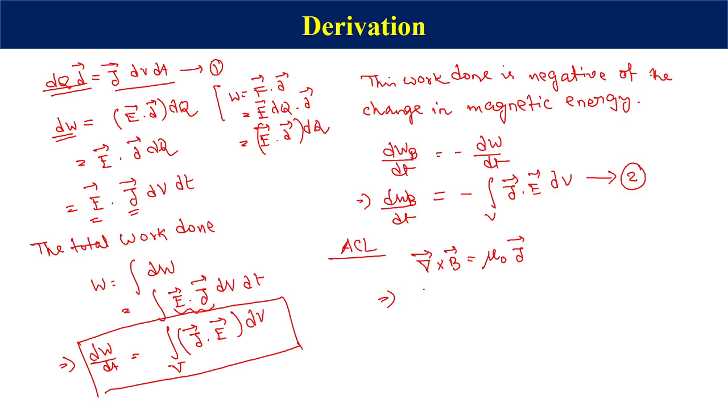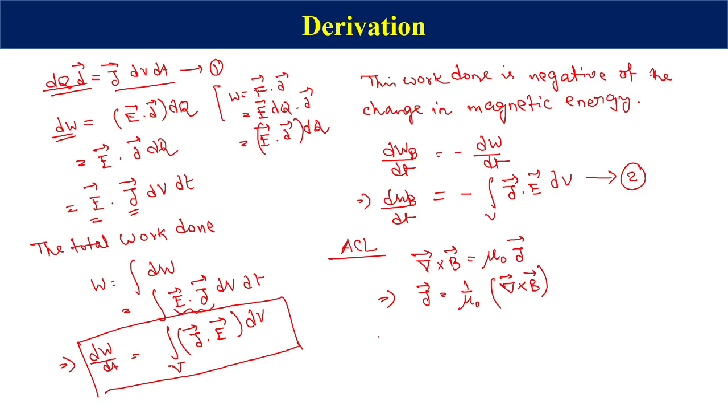So from here I can get the value of J, which is given by 1 upon mu naught into del cross B. So if I put back to equation number 2, then we are going to get something like,